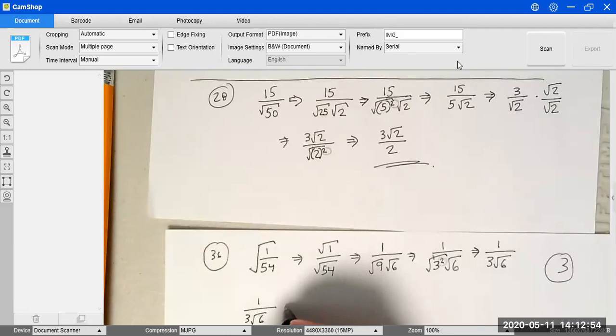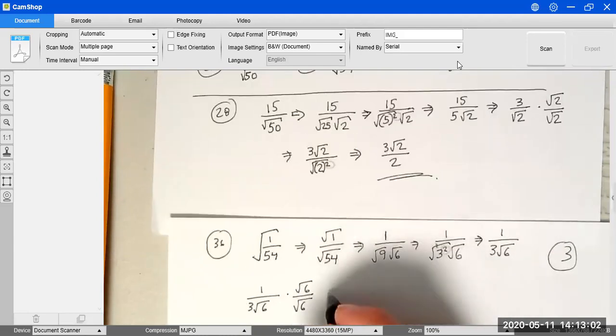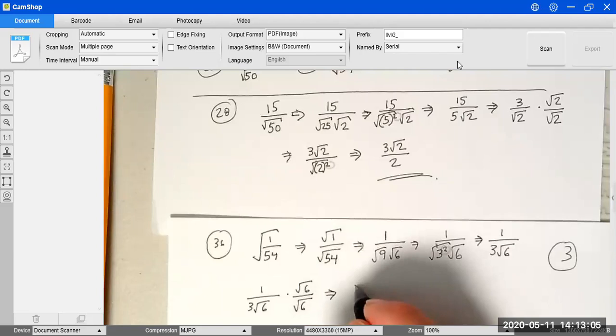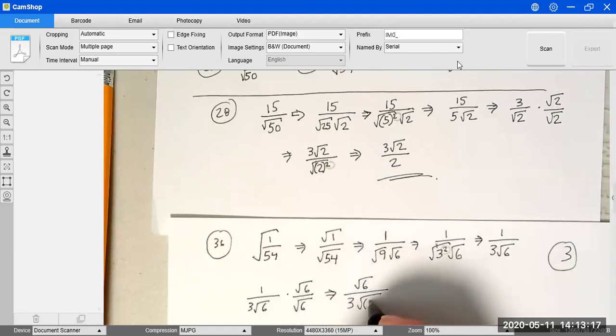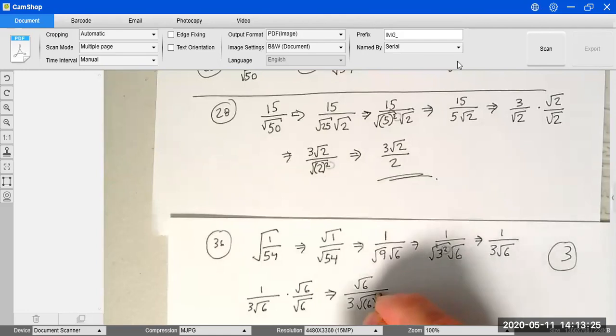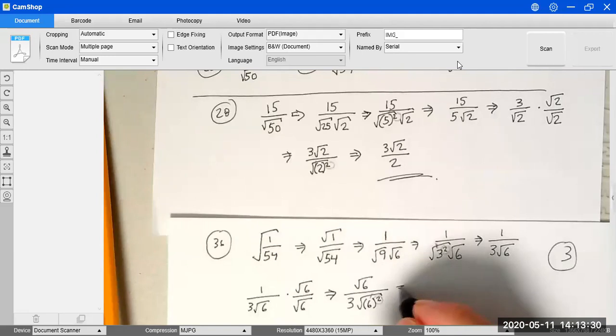multiply both the numerator and the denominator by the radical I want to eliminate, which is the square root of 6. Then I'm going to get the square root of 6 in the numerator, and here I'm going to get 3 that multiplies the square root of 6 times the square root of 6. These two radicals are the same, so this is just 6 squared under the same radical. And then you can just remove this exponent and this radical, so you end up with the square root of